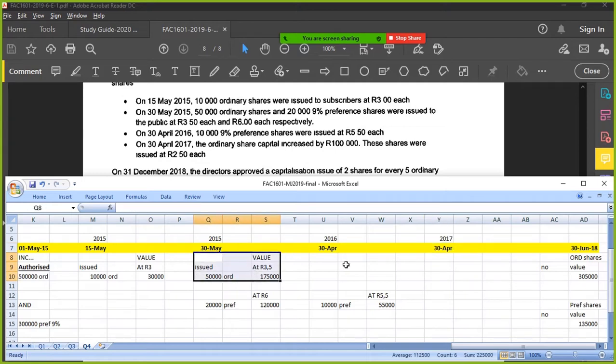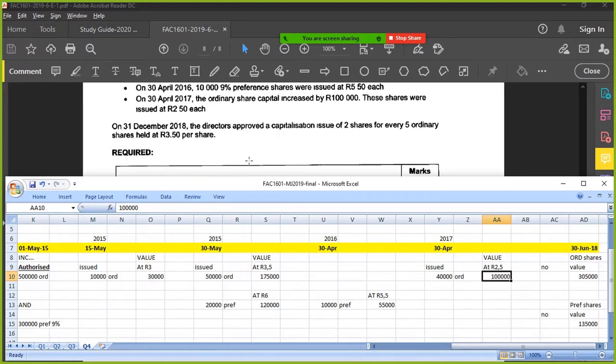So again, copy paste. Value here, 2 Rand 50. This company's not doing so well. Obviously, share price has dropped. Maybe there's a recession, who knows? 100,000 divided by 2 Rand 50 gives you 40,000 ordinary shares. So ordinary shares increased by 100,000. The price was 2 Rand 50. They issued 40,000 shares. 40,000 shares times 2 Rand 50 gives you 100,000. All right, and then at the end of the year,